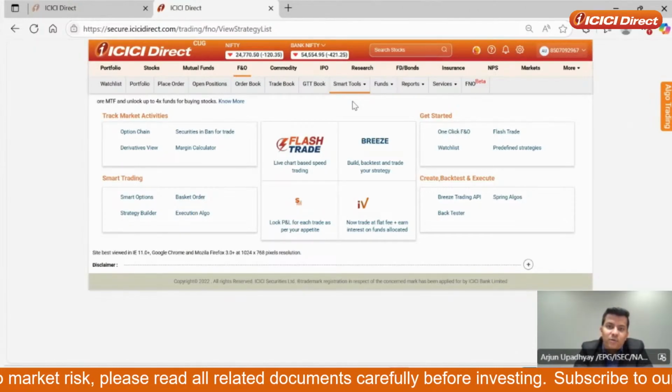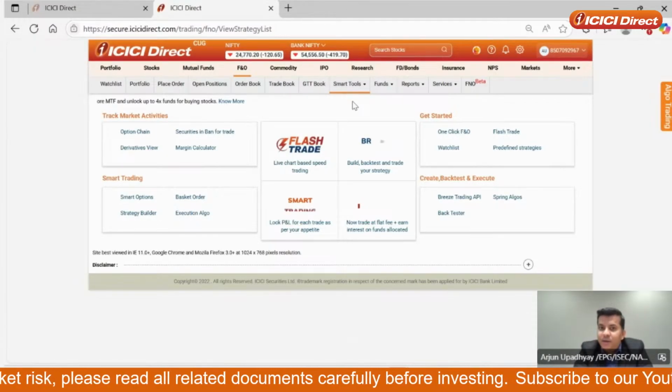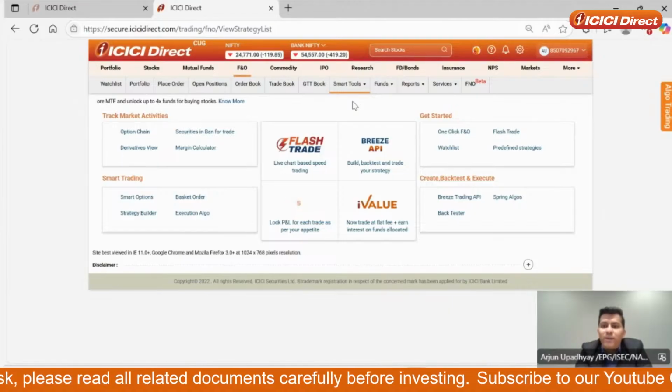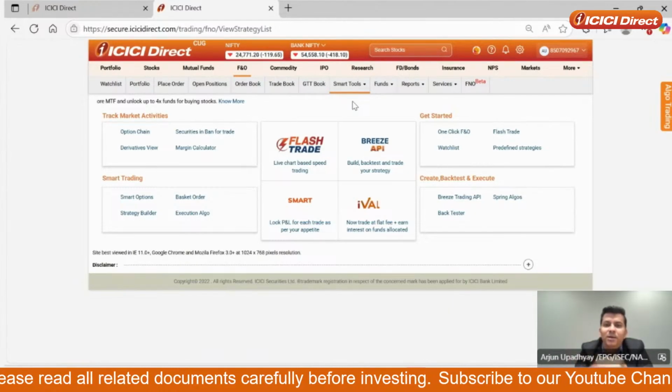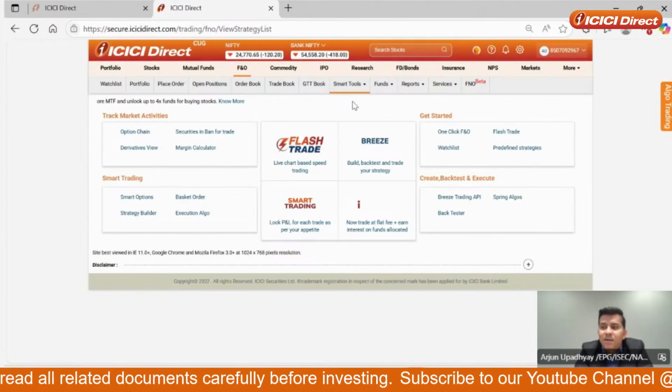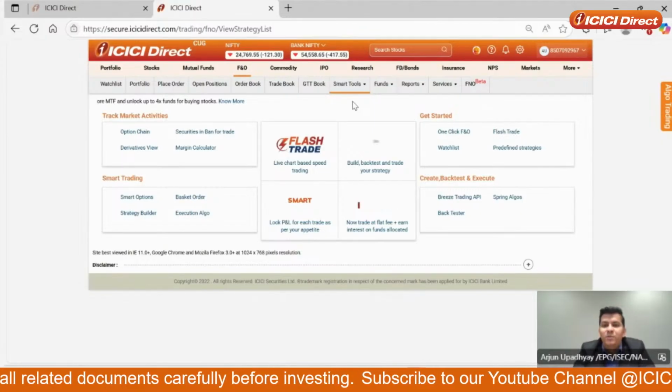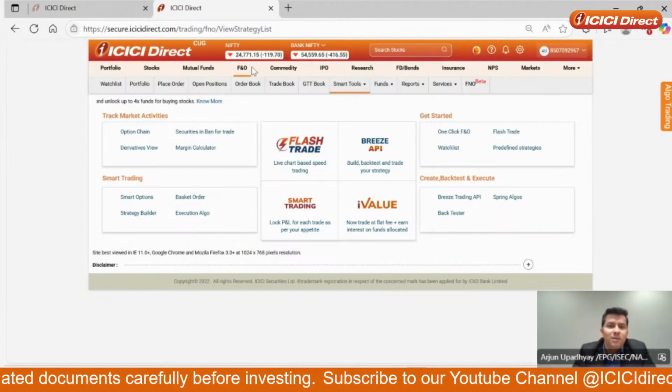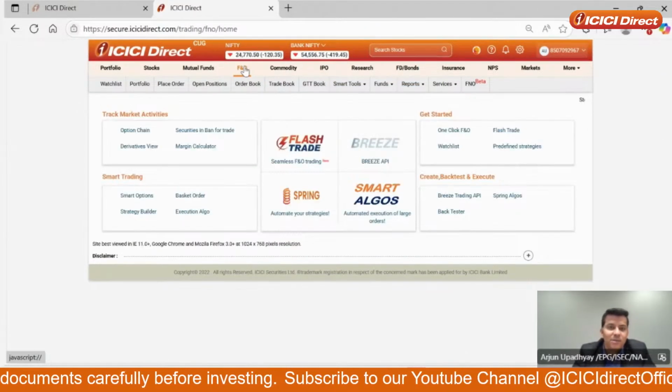So on the ICICI Direct platform, again, when I'm a smart trader and I'm talking of my costs involved in being there in the market, the intelligence I'm getting out there in the market, the research and backtesting are the two most important components. So research we covered. Now on backtesting, if I have to explore something on backtesting, is there something?